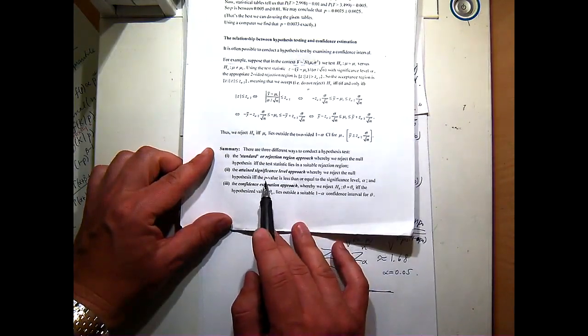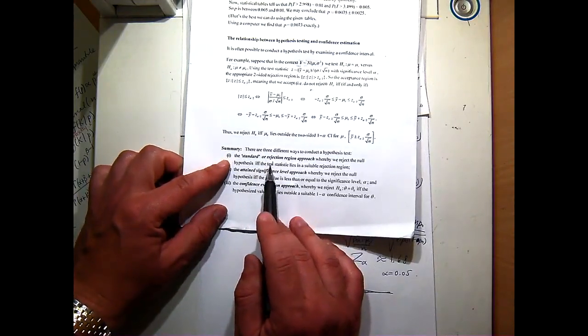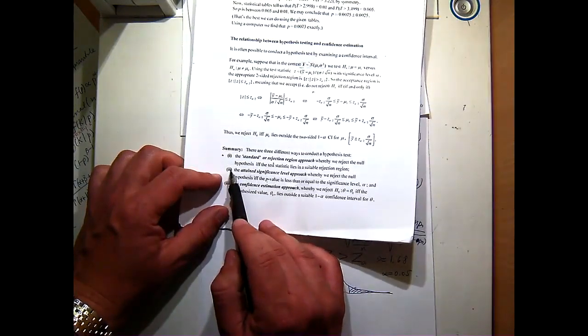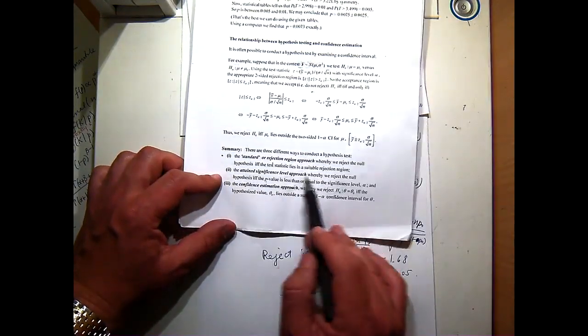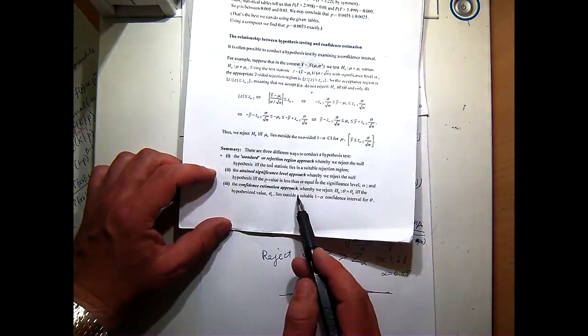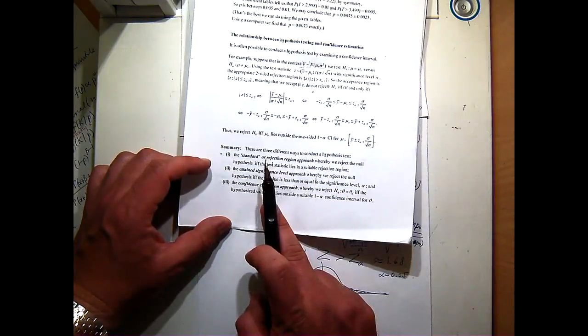You calculate the actual p-value. Now, historically people did this because you couldn't calculate the actual p-value. And on the exam, that's probably a good approach too, because still without R or a computer package, you can't calculate the exact p-value. So that's a good one. Now, the confidence estimation says that you reject the null hypothesis if theta naught lies outside the confidence interval. It seems